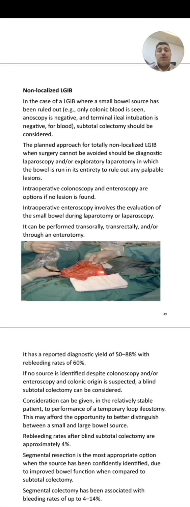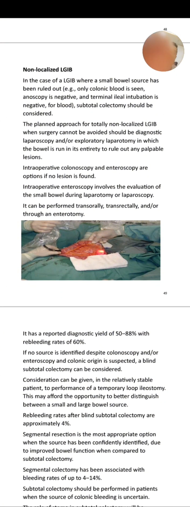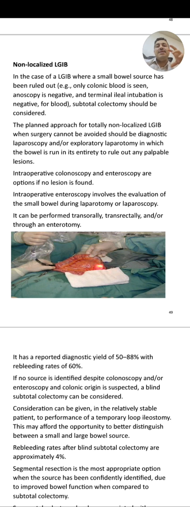Non-localized lower GI bleeding also. Here the surgeon can appear with his or her knife. Non-localized lower GI bleeding doesn't mean obscure or small bowel bleeding. We already investigated the small bowel, the upper GI, and the lower GI, but we didn't find a location. So our solution is a blind subtotal colectomy. And by the way, recurrence of rebleeding after a blind subtotal colectomy is about 4%. So it's like the patient is asking you